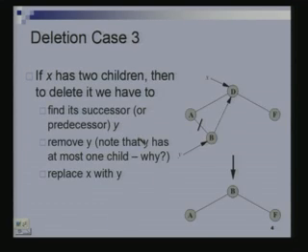So in which case do we take more time? In this case, because here we have to find a predecessor or a successor. Predecessor can take time as large as the height of the tree, because we will have to go once left and then keep going right. So in the worst case, time proportional to the height of the tree. This is the case in which we take the most time. And how much time do we take in the worst case? Order the height of the tree.